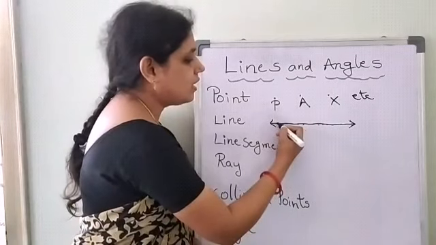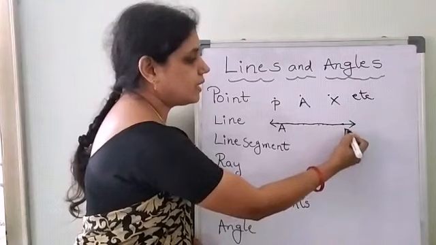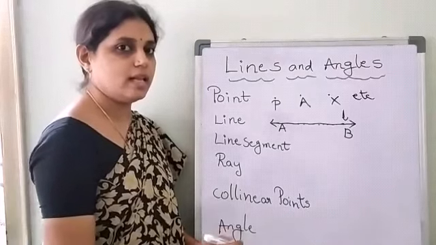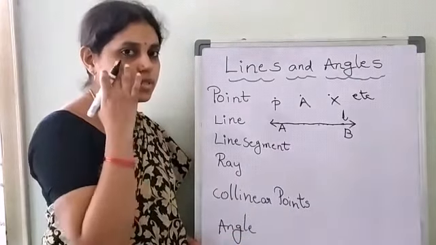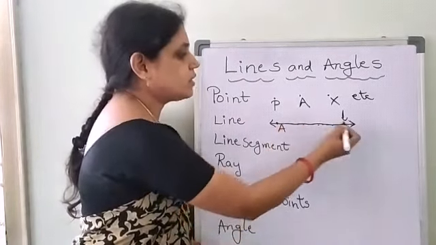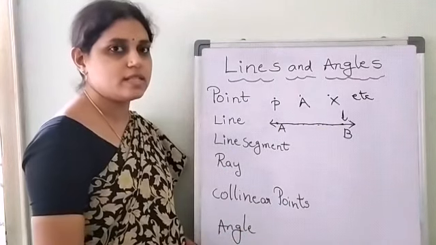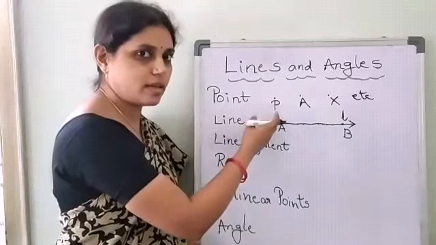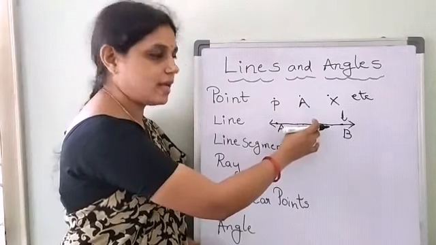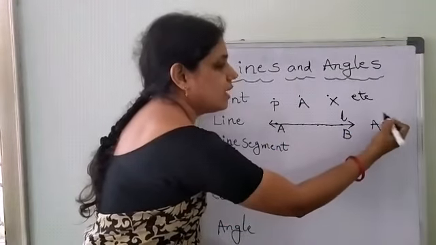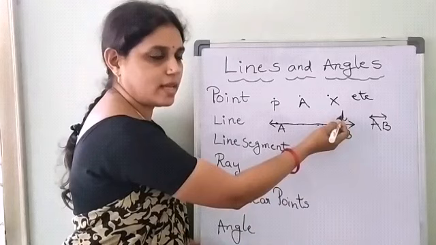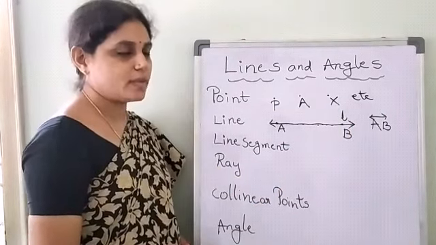In general a line is represented with two capital letters or a single small letter also, like this, l, p, q, small letters. If you want to represent with a single letter, then it should be a small letter. Otherwise, just any 2 points you have to take. These are not the end points, since a line has no end points. It can be extended. Just any 2 points on the line we are taking and we are naming that line as this one. So actually line AB is represented in this way. Otherwise, a single small letter like this, l, in that way also we can represent.